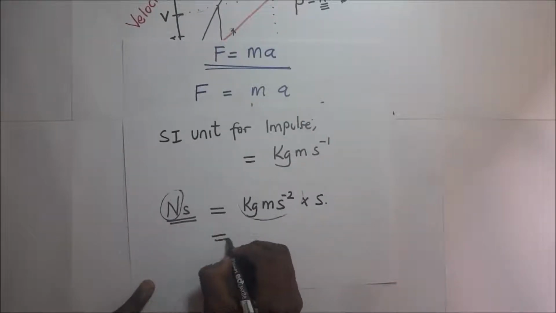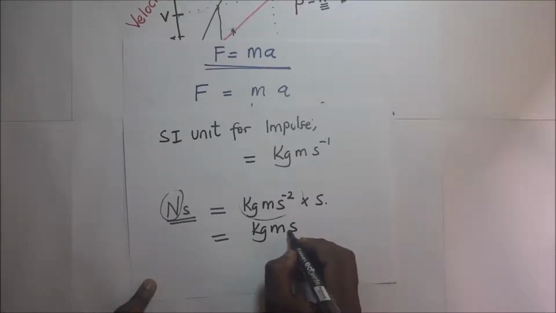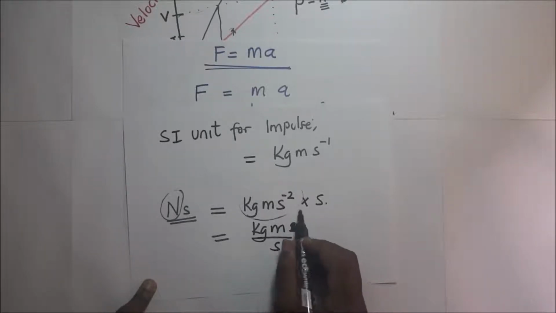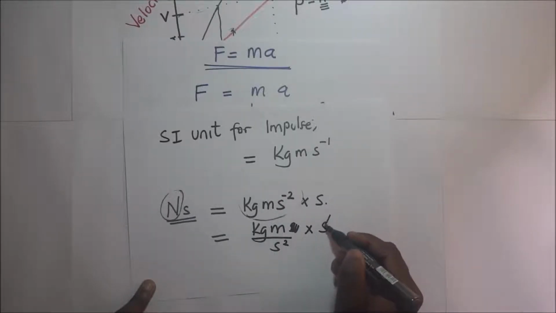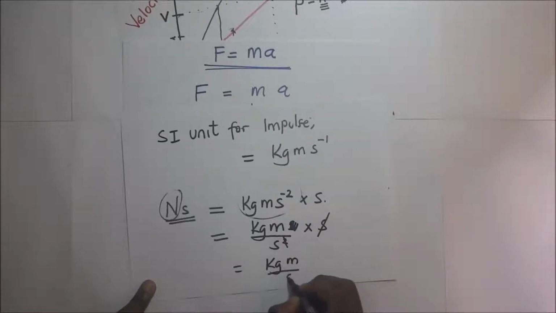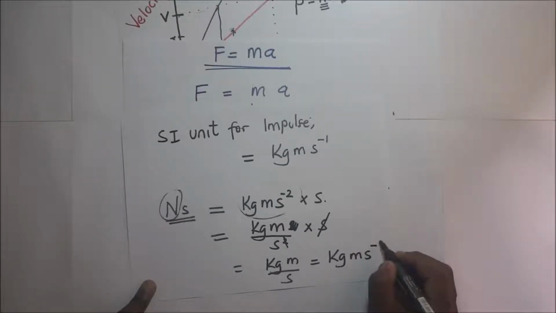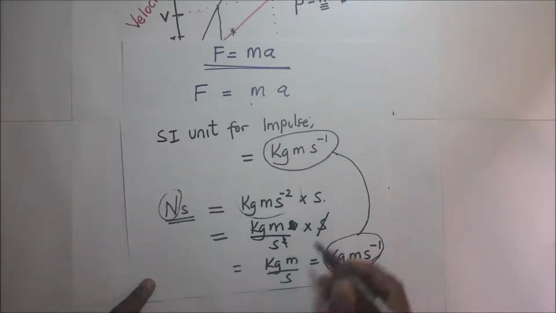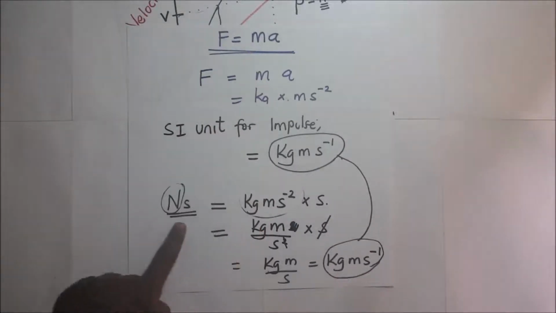So this is the same as saying kilogram meters divided by second squared, because this is s to the power negative 2, multiplied by s. When you cancel that s with one of those, you remain with kilogram meters over second, which is the same as kilogram meters per second, the same as our earlier conclusion. So it is preferable to say that the SI unit for impulse is Newton